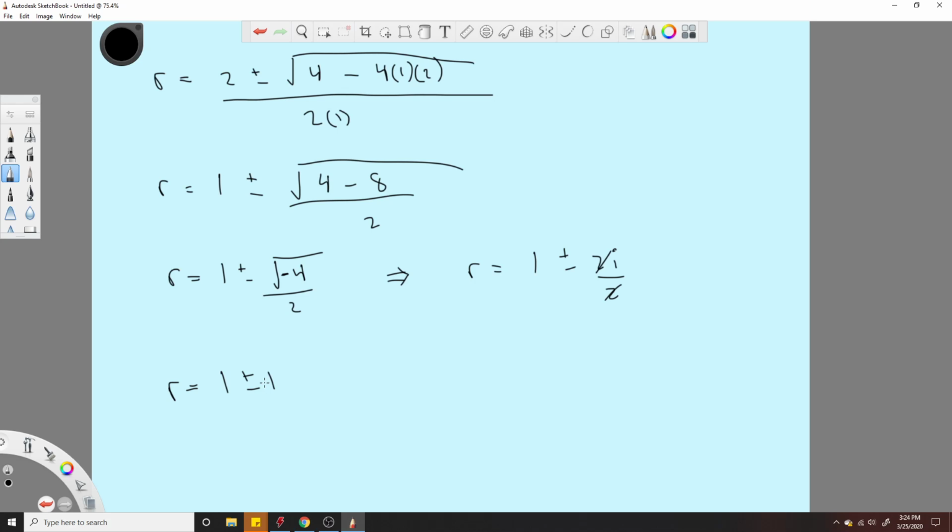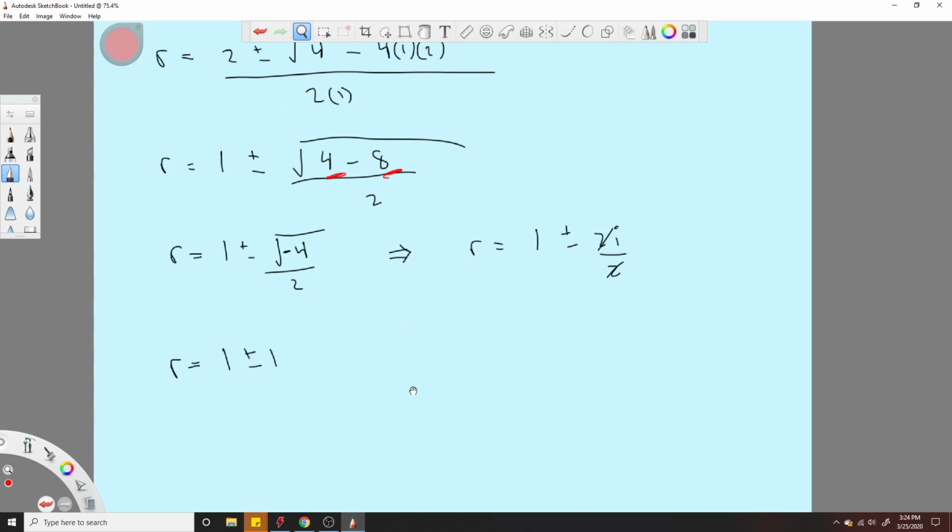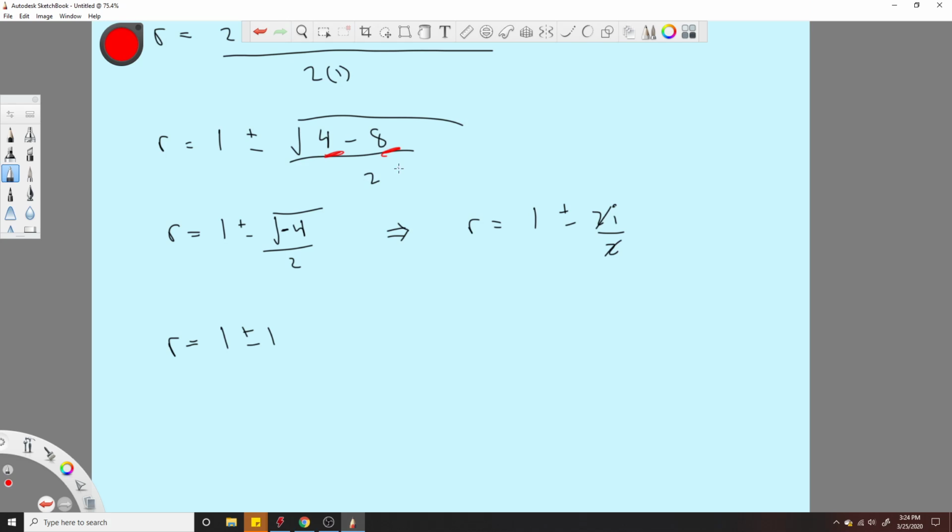Now again, you would check your forms, and it'll show you that when you have, let me change the numbers. When this term is less than this term, there's a certain solution. When these two terms are equal, there's a different solution. And when this term is greater than this term, there's a different solution. It depends on these two terms here. Okay, you'll see that in the handbook. So because our 4 is less than 8,